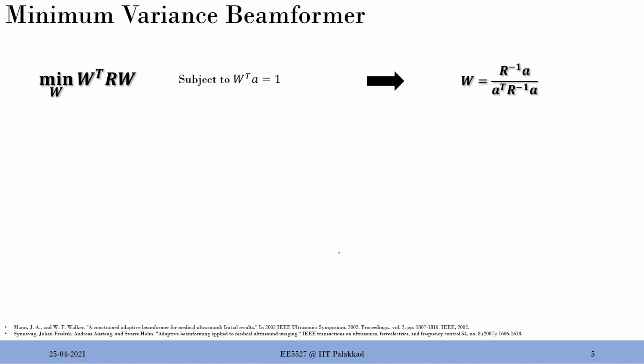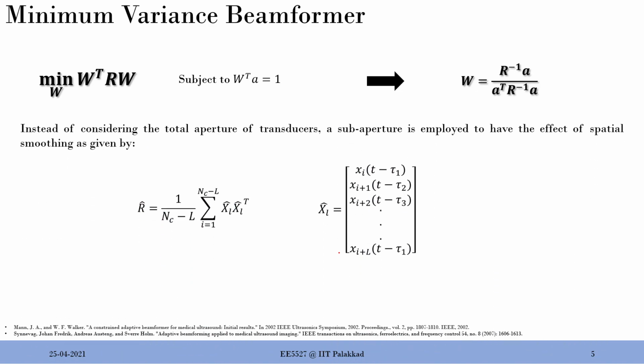Okay, so I hope it's pretty clear. And then one thing I just want to make slightly more complicated for you: here R is an X transpose X case. For example, in the case of a 128 cross 1 case, R will be 128 cross 128. Instead of that, what people do is they don't take the entire 128 at a time. You do small apertures at a time. So you take small subsets, let's say 32. So the first will be 1 cross 32.